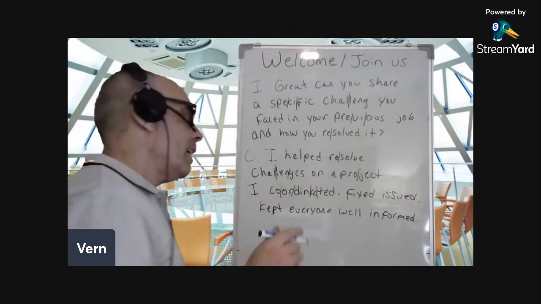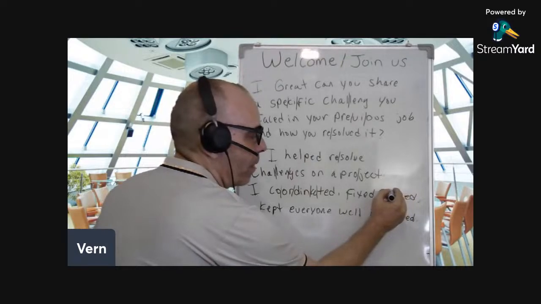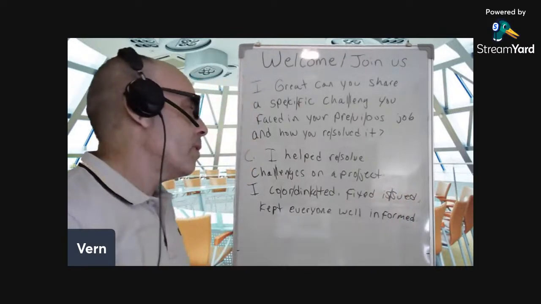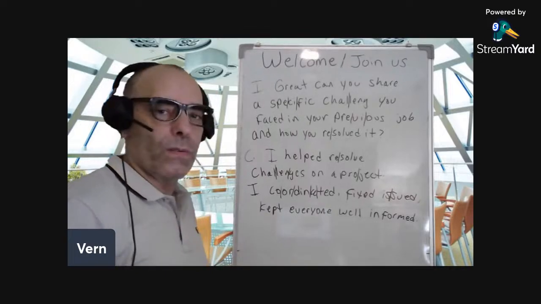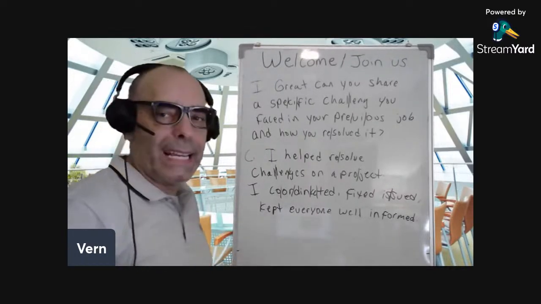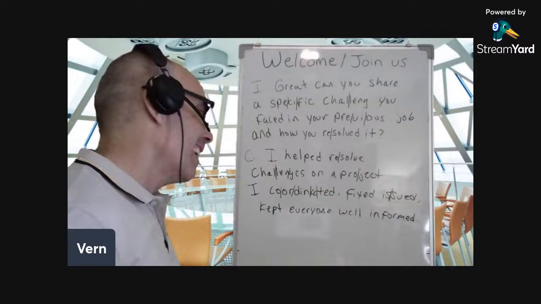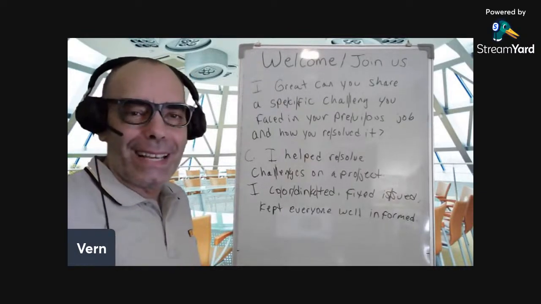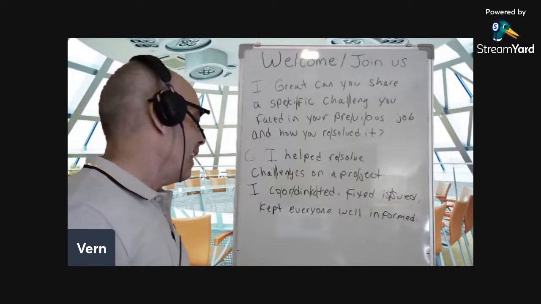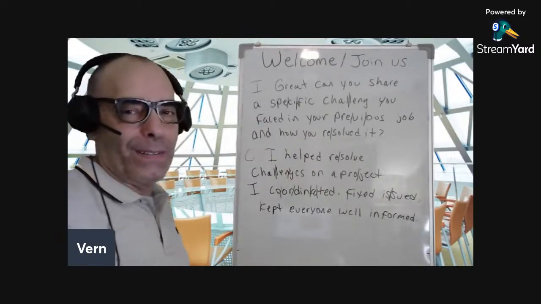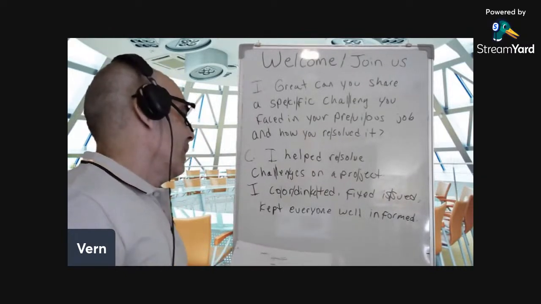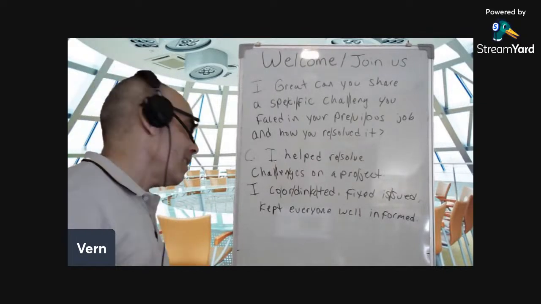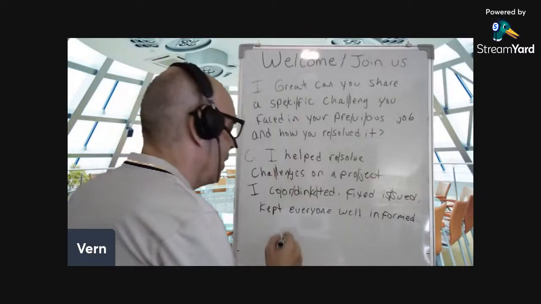Coordinated, fixed issues, double consonant letter. We separate the syllable here, issues. Now, the double S usually has a sh sound, issues. Why? It's hard to say issues. Try to say it. Issues or issues, issues. Try to say it with a Z sounding S, right? Issues. I coordinated, fixed issues, right? So just so you know, there's methods to the madness. I coordinated, fixed issues, kept everyone,